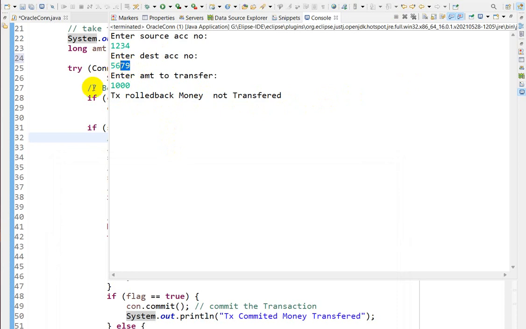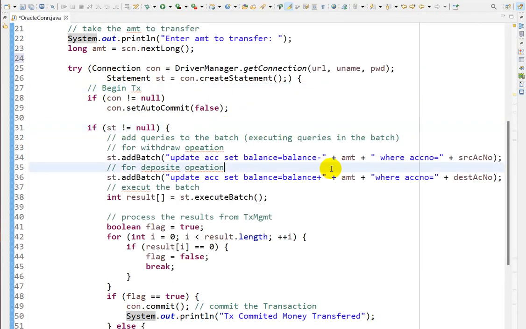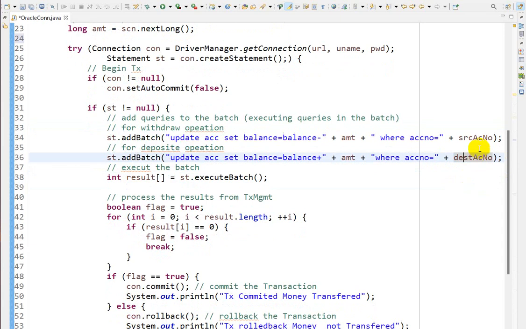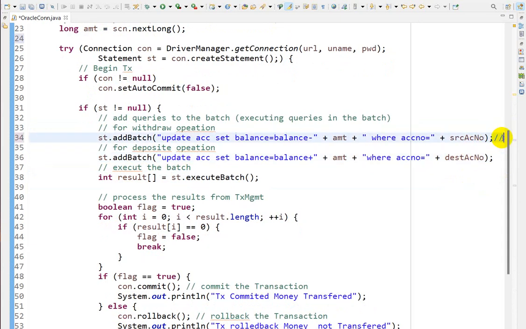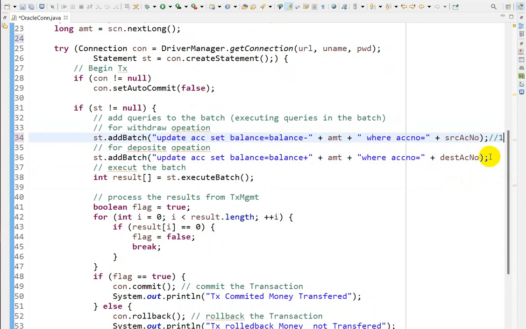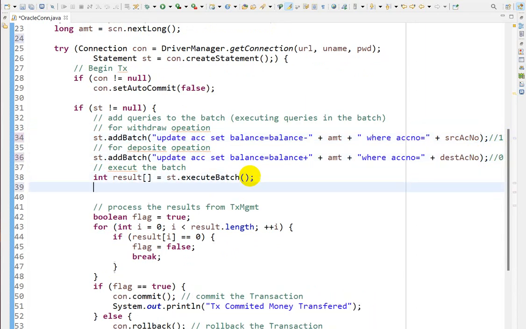So what is happening? The first query is done, since you provided the correct account number, but your friend's account number is not correct. These are non-select queries, so if one is executed it will give us 1, and if it is not executed, it will give us 0. So our result array will be: the first is executed, so it will be 1, and the second is not executed, so it will be 0.